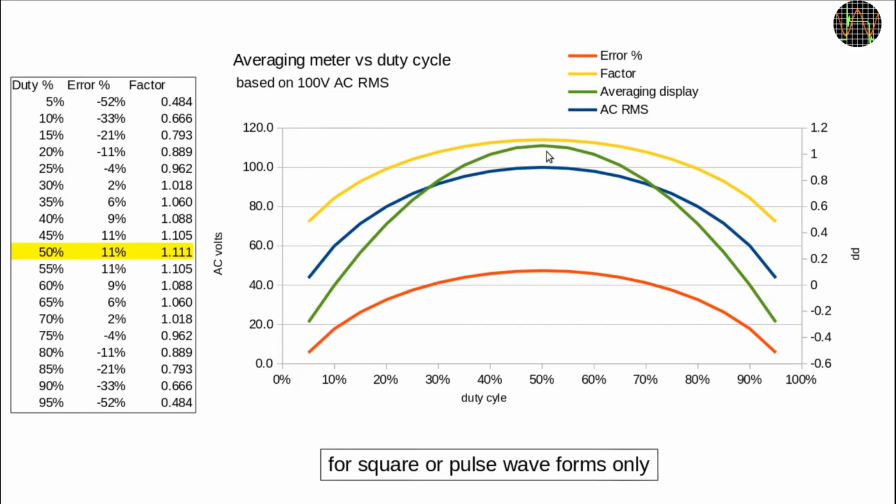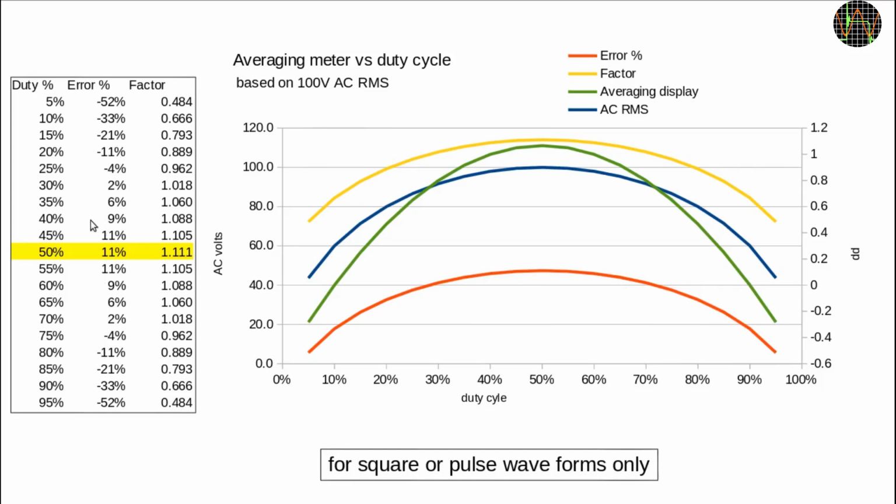So from about 30 to 70% duty cycle, an averaging meter displays too high. But at higher or lower duty cycles, it drops faster than the AC RMS, so we end up with 52% error or more. Looking at the red arrow trace or the table,